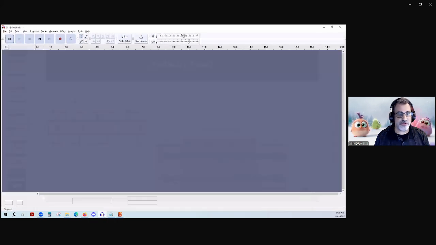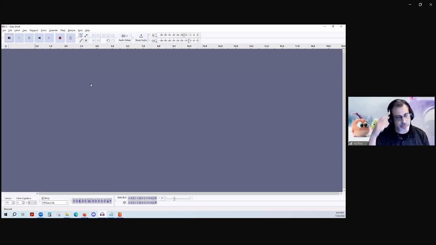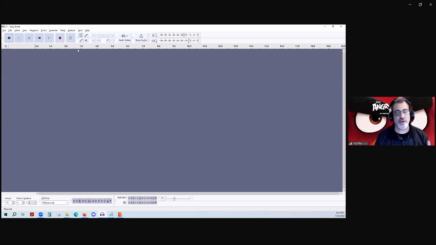All right, so we're just going to jump into Audacity. So when you open up Audacity, this is what you're going to see, right? You're just going to see a blank screen. Up here is going to be your standard selection tabs that you would normally see in any other application. This is going to be your pause, your play, your stop, reverse, forward, record button, which we do use. Not so much when you're bringing in audio, but again, if you're doing voice work, or if you're bringing in audio from your local machine, and I'll show you how to do that as well.